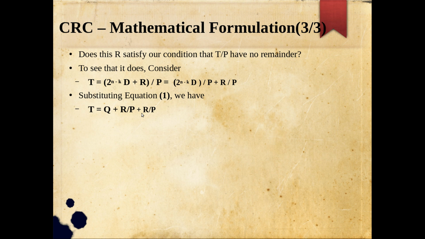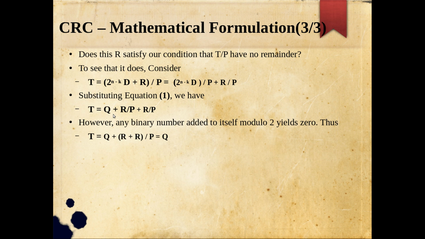So the same binary sequence is being added 2 times. Like some pattern r, some binary sequence, is added with the same sequence. And see, here we are doing the modulo 2 addition, or the XOR addition. All the bits are the same, right? When you are performing XOR, the result is 0. When the same number is XORed with the same number, the result is 0. So this r plus r divided by p is nothing but 0, and 0 by p is 0. So the whole thing vanishes and this t will be equal to q.